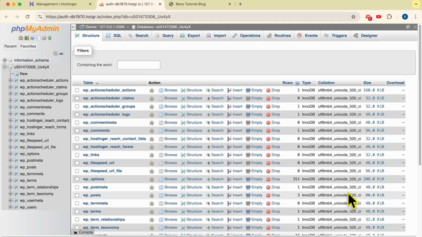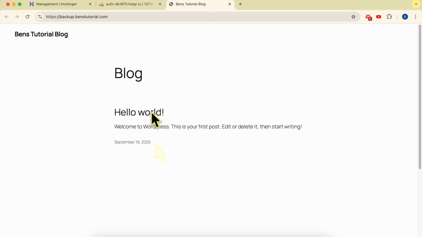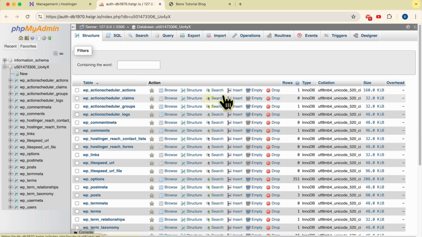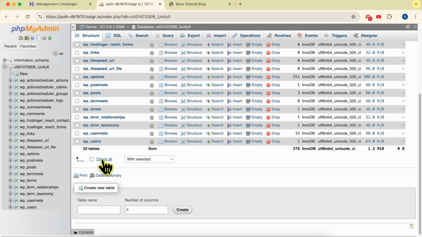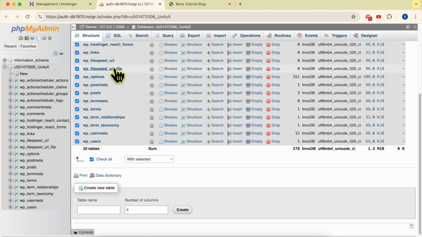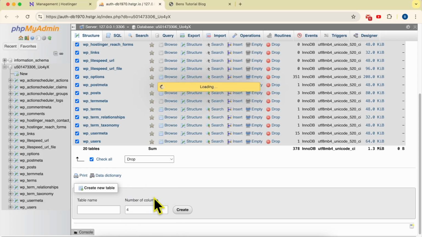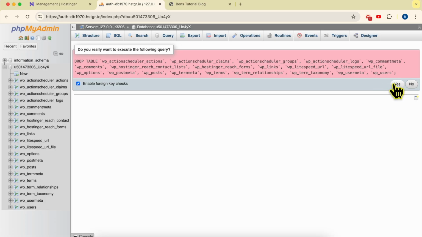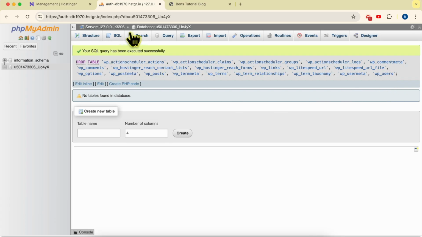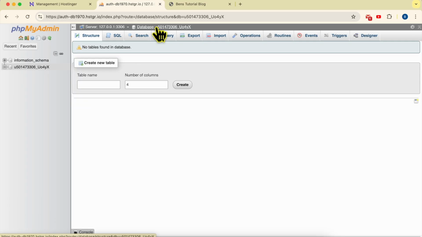Now how to replace this database with our backup database? It's simple. Scroll down to check all, click on it to select all tables inside this database, and to delete them, click on drop. Click on yes. Let's go back to the home page of this database, and as you see, no tables found